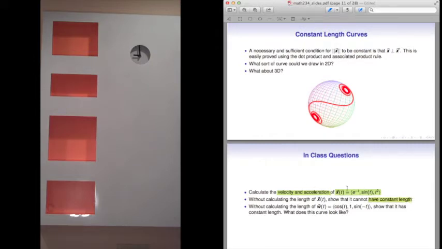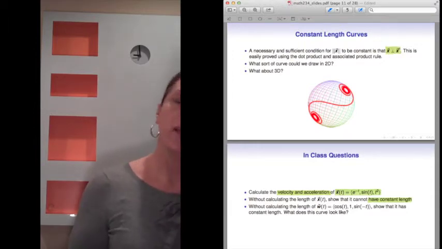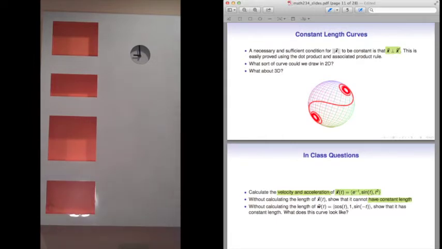We also learned a fact about when a curve can have constant length. You were asked to show that this vector does not have constant length without actually computing its length, and that's due to a theorem we learned that said that if the position vector is perpendicular to the velocity, then the curve must have constant length. And what that looks like on the sphere: here if I draw my position vector, this green one, from the center of the sphere out to a point on the red curve,